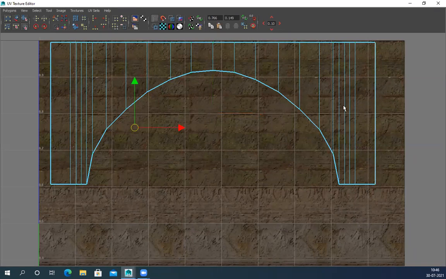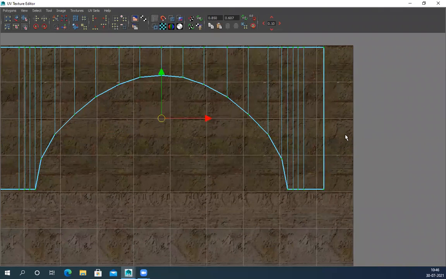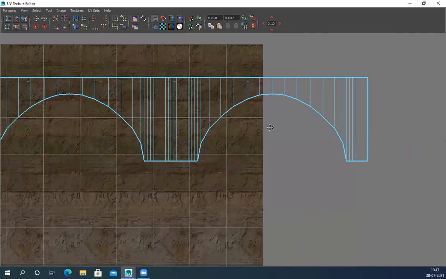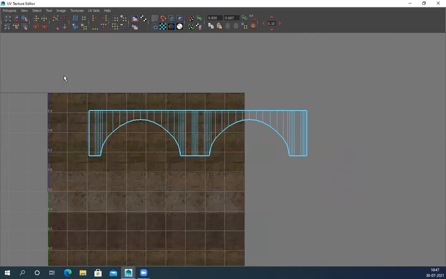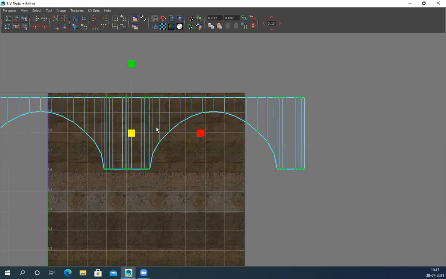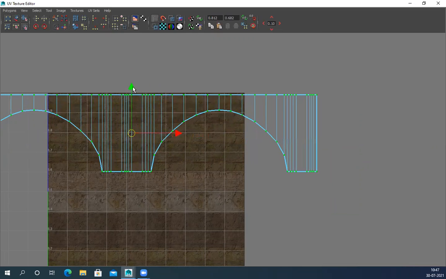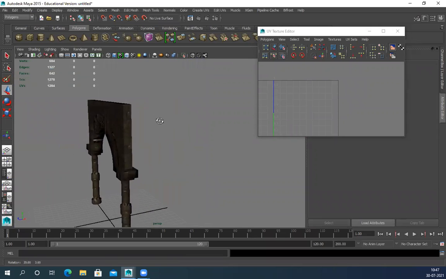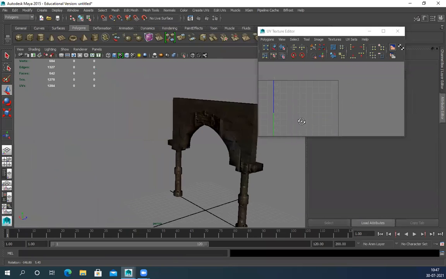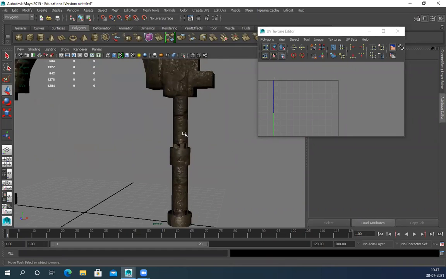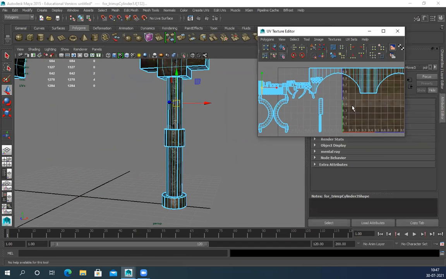Like, I'll stitch it here. Oh, I should have stitched them before scaling. All parts together. No need to worry. In this case, you can go outside. If you're using a trim sheet, you can go outside this UV template because it's a tileable texture, so it won't create any problem. It will tile perfectly without any issue because it's a tileable texture. Now, this part is fine. For this area also, I'm planning to use the same thing. Let's see where it is.